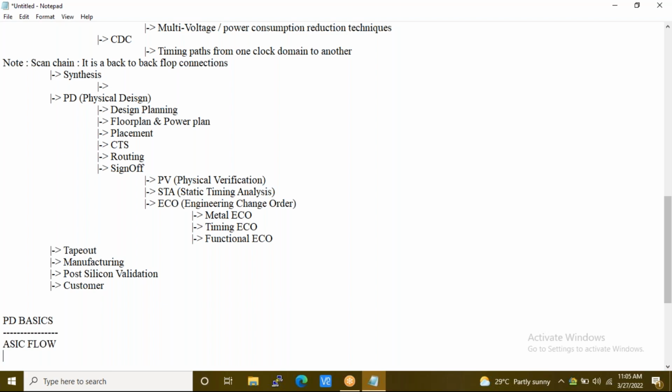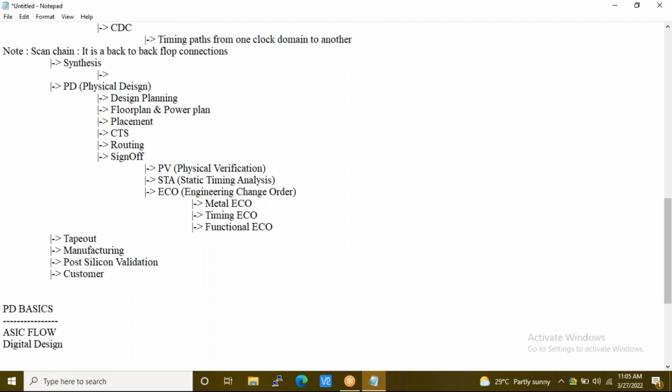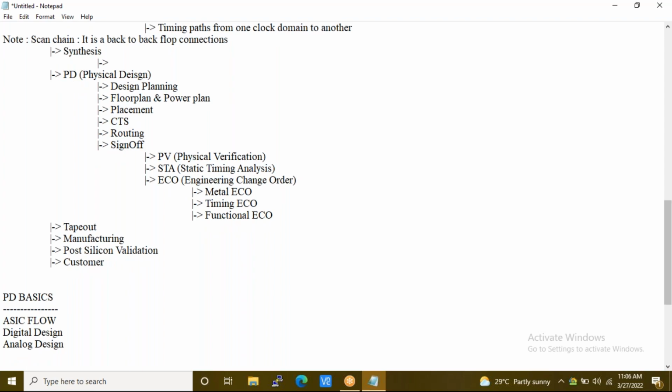Then we will be covering digital design in depth, everything from why we are learning digital design, the concepts of combinational logic and sequential logic, and their applications. Once that is done, we will start with the semiconductor fundamentals, because anyone who gets into the VLSI backend domain, that is physical design, custom layout, or these aspects, needs to understand how CMOS works, how FinFET works, and what short channel effects are. All those things need to be understood. We will cover that. Other than that, we will cover IC fabrication.